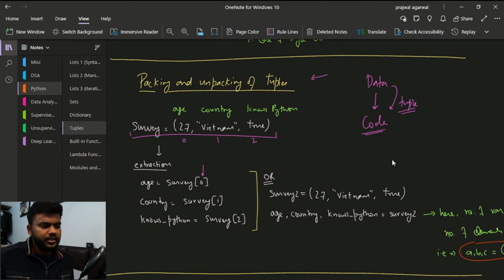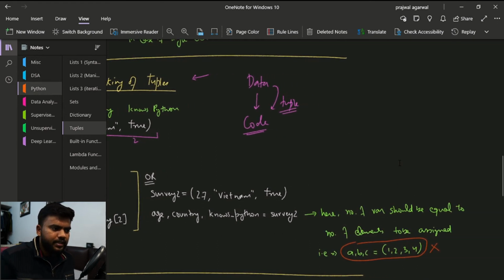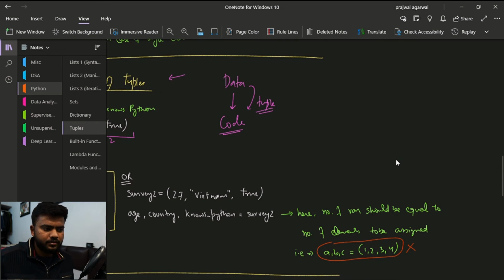So you can simply assign the first variable the 0th index, then the first index and the second index. Or there is another way: you have this particular tuple, and you can specify all three variables,